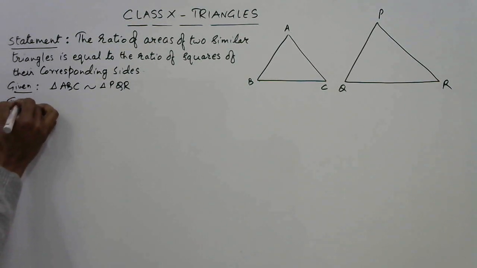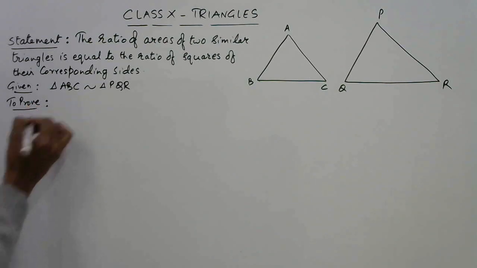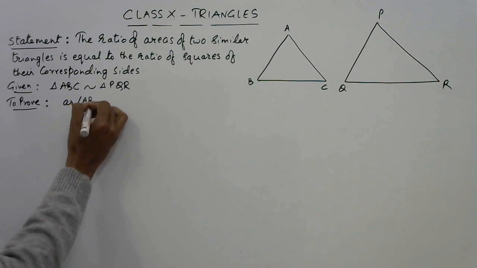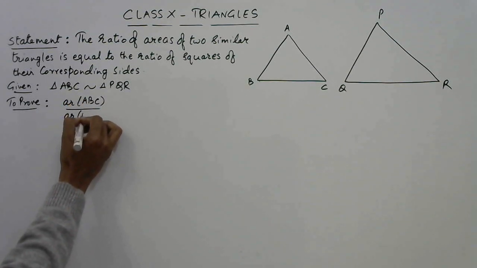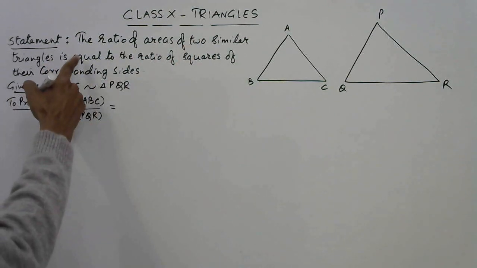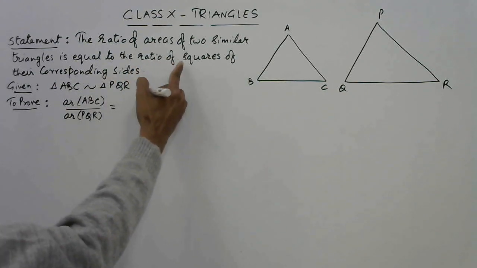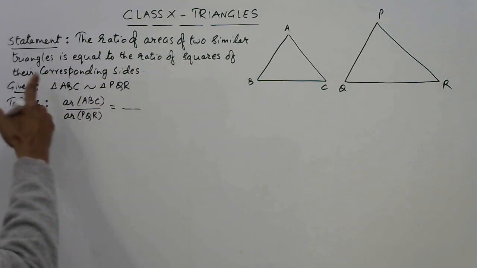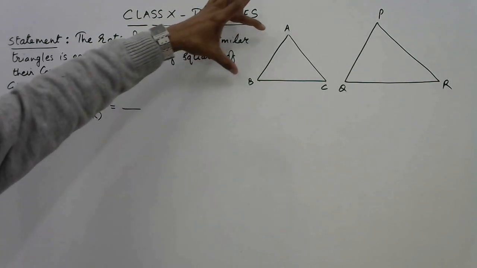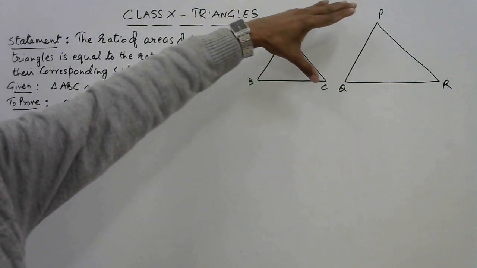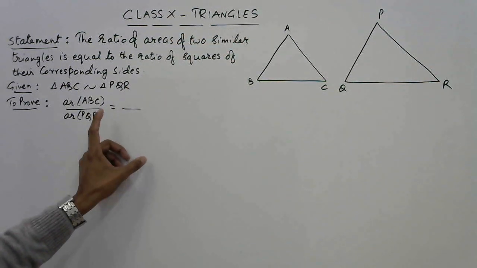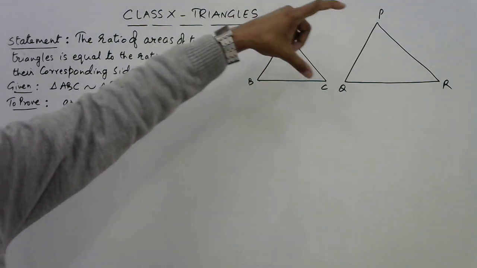So what do we need to prove in this? The theorem starts with that only, the ratio of areas. So area of triangle ABC upon area of triangle PQR. This is the ratio of the areas of two similar triangles. This is equal to the ratio of, so there is some ratio, squares of their corresponding sides. Squares of their corresponding sides. So if we take the side AB in this triangle, the corresponding side in this triangle is PQ. So we have to take the RHS of this to prove as AB square upon PQ square,